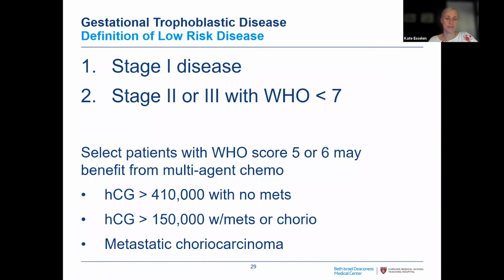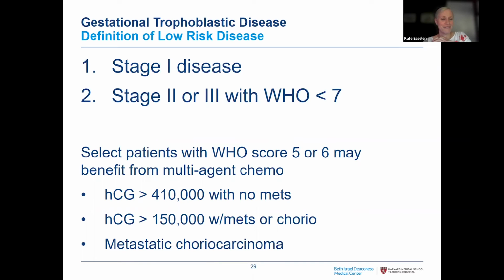And so the definition, to be more precise, of low risk gestational trophoblastic neoplasia is stage 1 disease confined to the uterus, or even more advanced stage disease, 2 or 3, as long as everyone has a WHO risk score of less than 7. We do think that there's sort of an intermediate risk or slightly higher than low risk group with WHO scores about 5 or 6, and we'll talk a little bit more about that in a few minutes. And we think that this is important because it may affect our chemotherapy choices for these patients. But essentially,